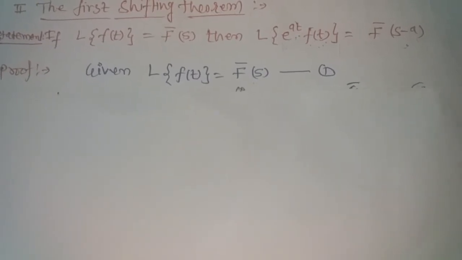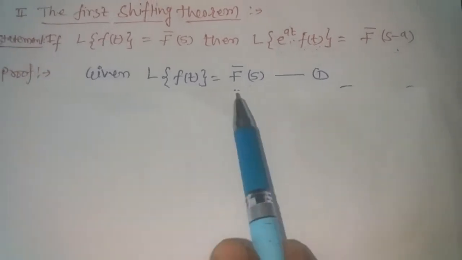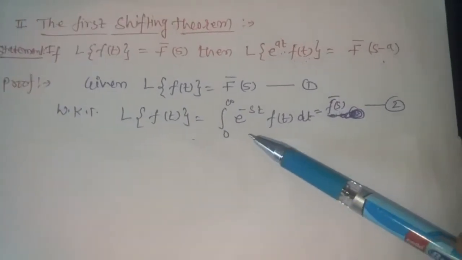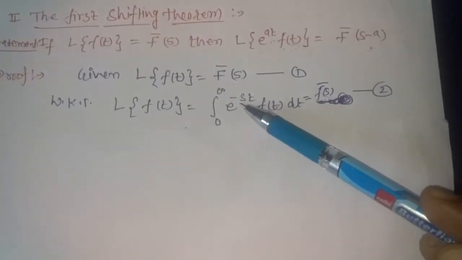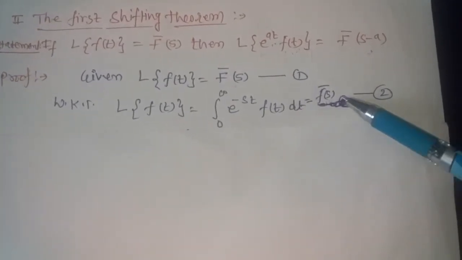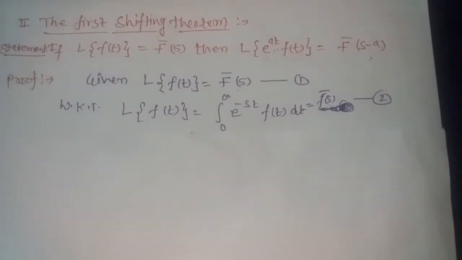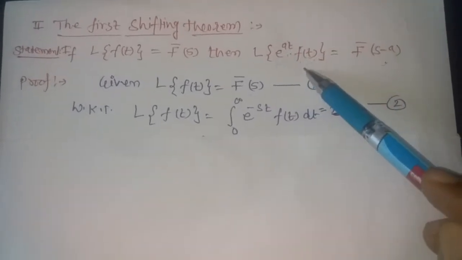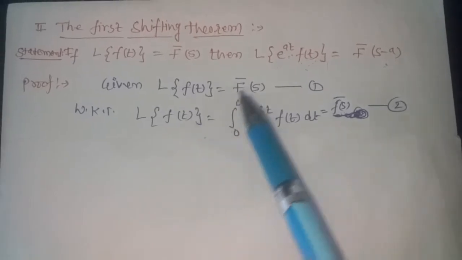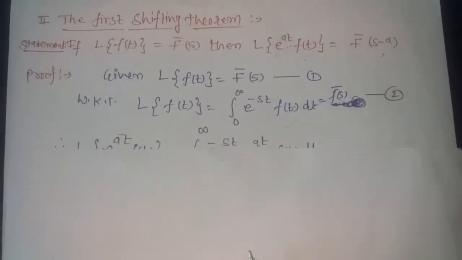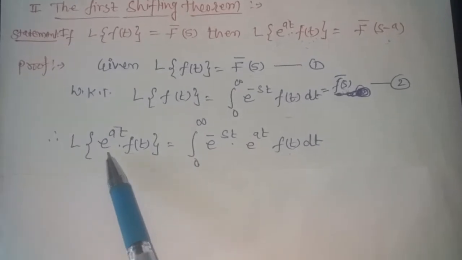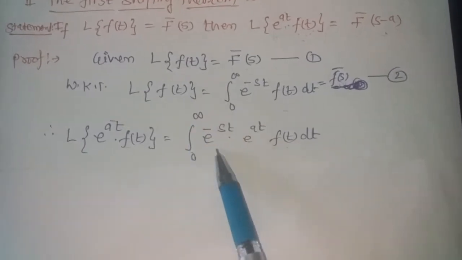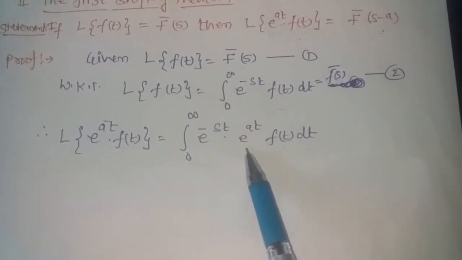given the Laplace transform of f(t) is f bar s, and we know that the Laplace transform of any function f(t) is given by integral 0 to infinity e raised to minus st into f(t) dt, which is f bar s. Now here we have to find the Laplace transform of e power at into f(t). So in place of f(t), we write e raised to at into f(t), and we get Laplace transform of e raised to at into f(t) is integral 0 to infinity e raised to minus st into e raised to at